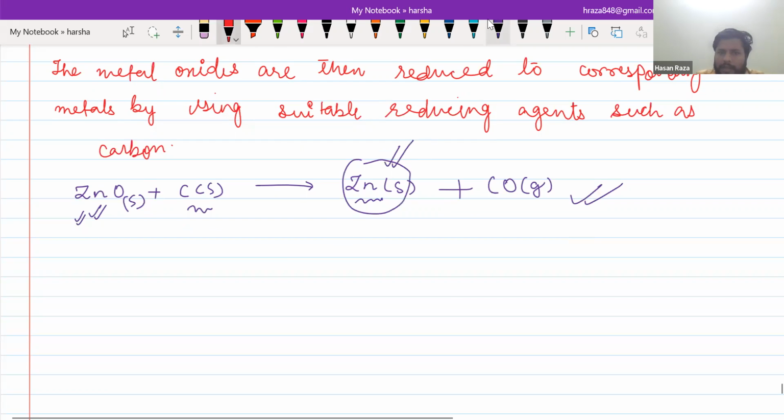There are other methods also to purify these metals which are of moderate reactivity, and it is done by displacement reaction. It is done by displacement reaction. So I'm going to write